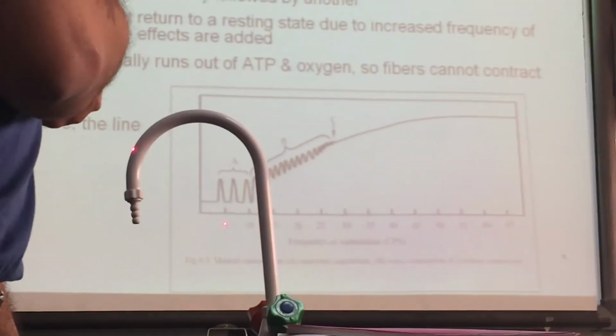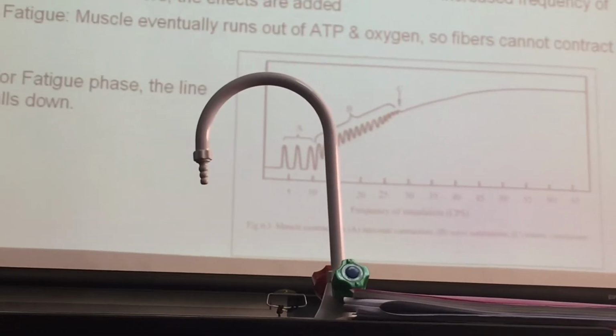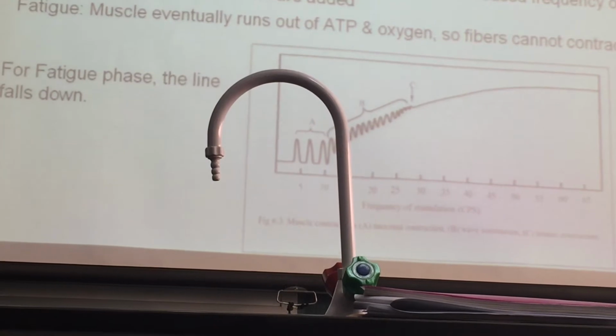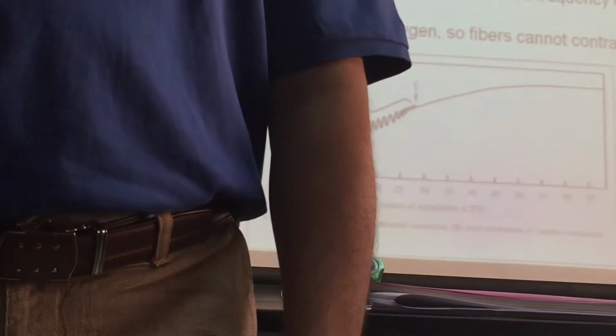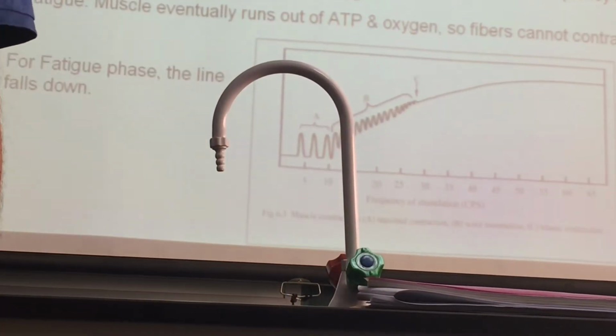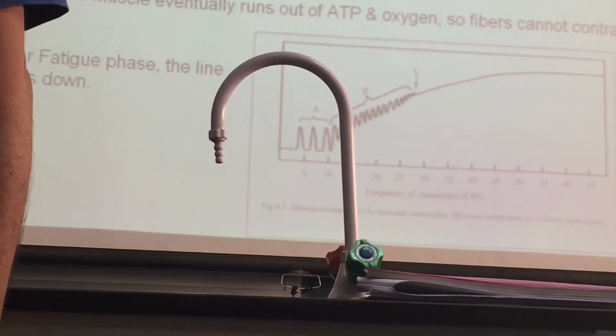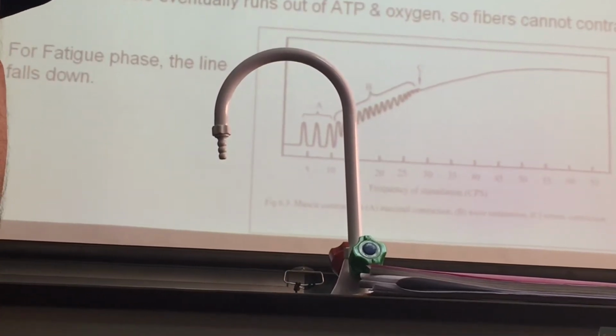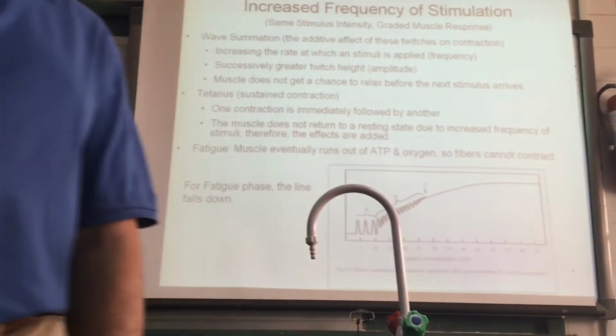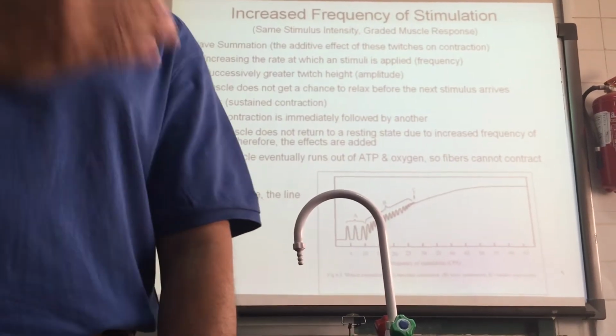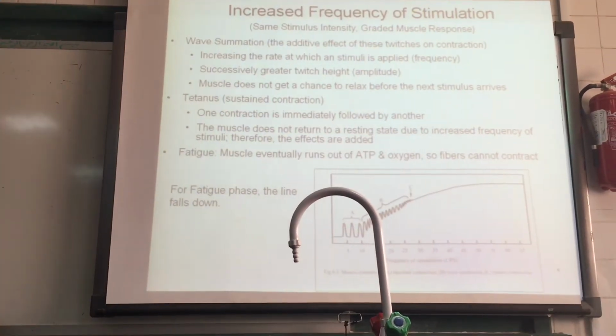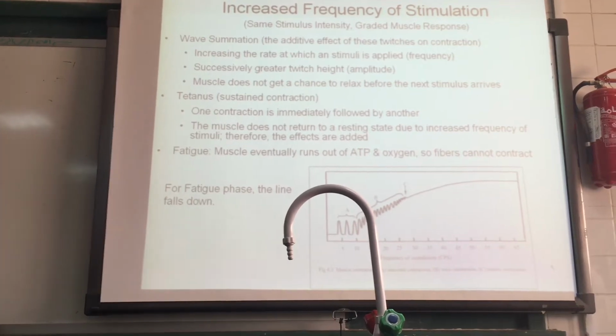Here, the frequency was 5, but then you increase the frequency to 10. That is, the stimuli that you are giving, say per second. If you are giving 5 per second, then from 5 per second, you increase it to 10 per second. Then you further keep on increasing it like that to 15 per second, 20 per second, or per minute, whatever your time period is experimentally. So you keep on increasing the frequency of stimulation, and you want to see what happens.